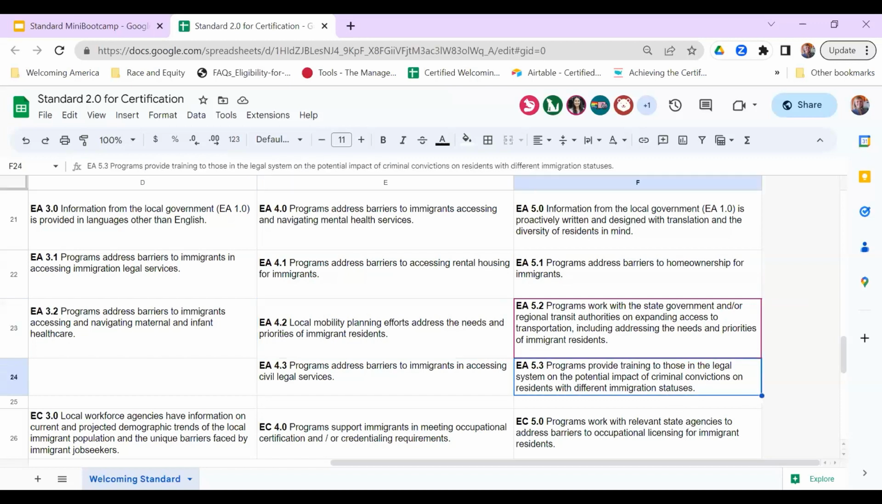And then for 5.3, I just want to say this is written really weirdly. Basically what we're asking here is that there's training for a public defender or district attorney's office or others about how a criminal conviction can impact someone who is a non-citizen. So recognizing that if someone has a plea bargain, that could negatively impact their ability to stay in the United